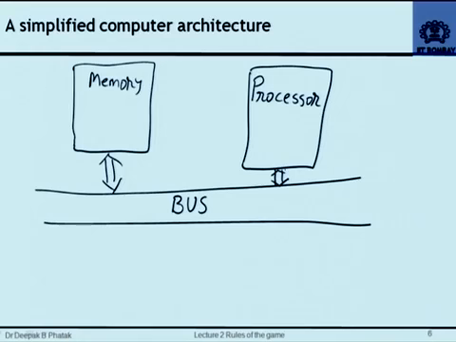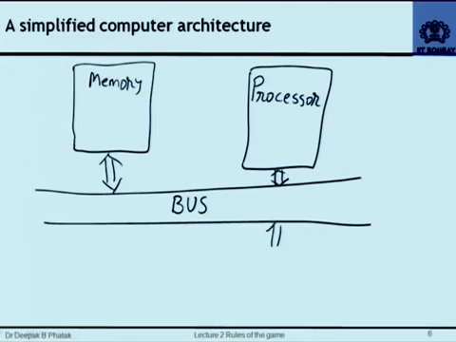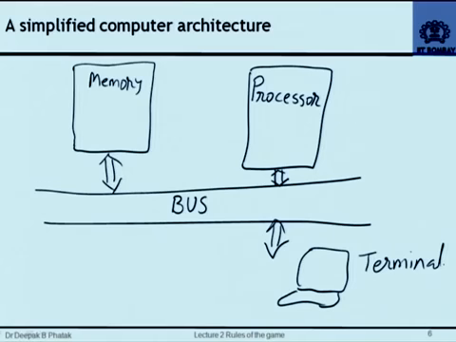Memory is the place where different locations will exist, different values will exist. Where do we exist? We exist outside of this. So for interaction with us, there are other devices which are tagged on to the same bus. A device which you shall be seeing mostly will be a terminal. So there will be a keyboard like a typewriter keyboard, and there will be a monitor on which you will see information that is displayed by Dumbo, or which you enter from your keyboards, you can see that information. So this is the way your information exchange will happen.